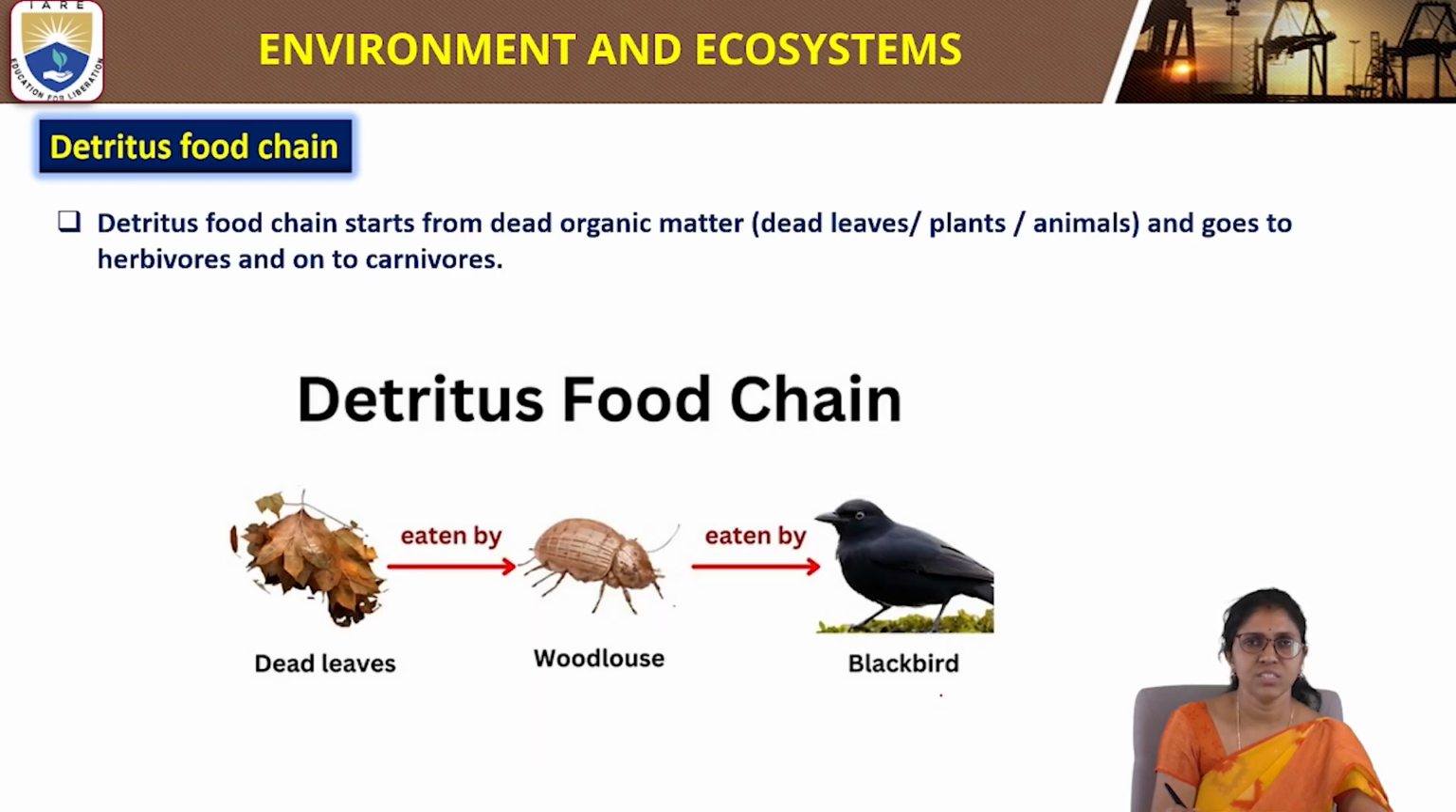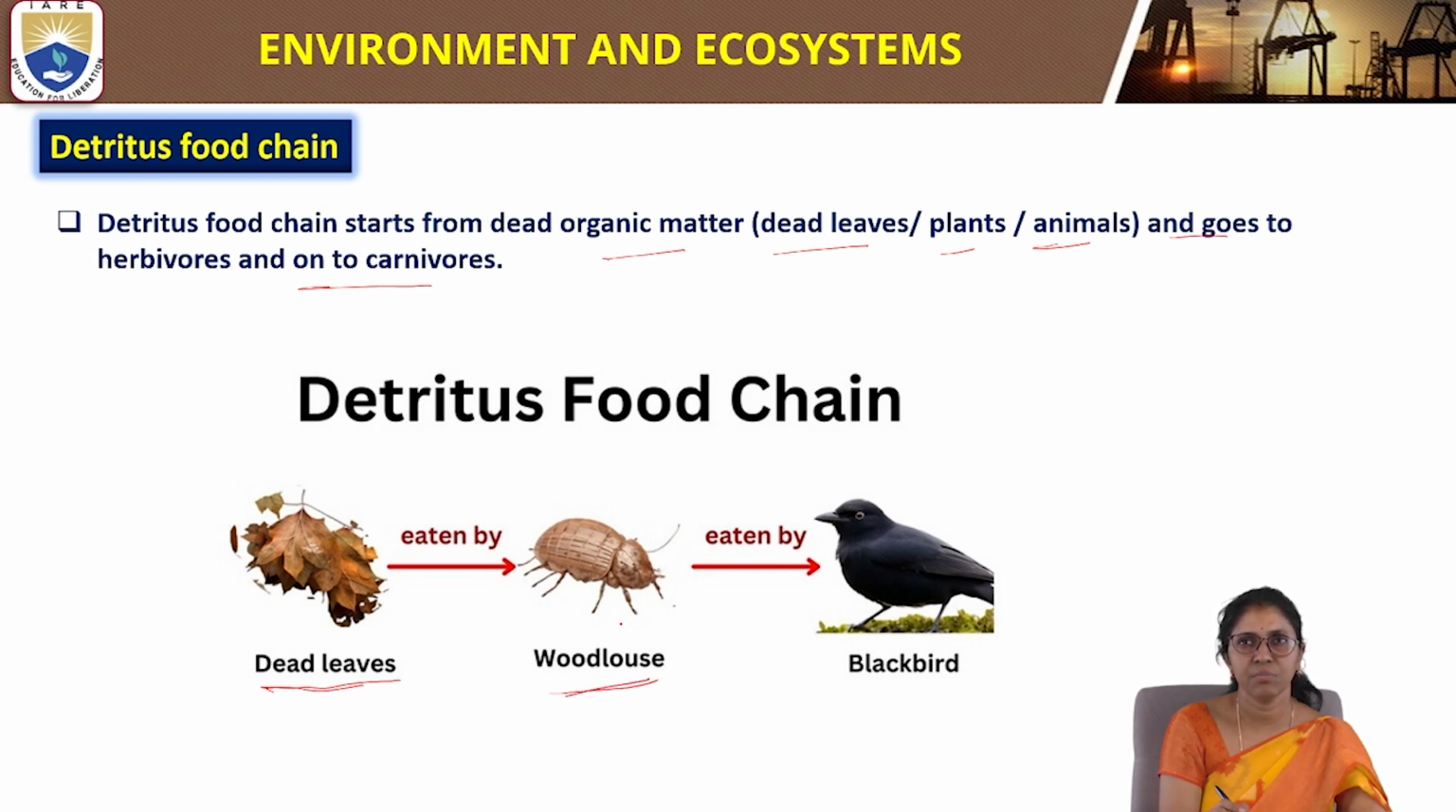Detritus food chain. The detritus food chain starts from organic matter like dead leaves, dead plants, or dead animals, and goes to the herbivores and onto the carnivores. So here the detritus food chain starts with dead leaves. In the case of the grazing food chain, it starts with the green plants. In the detritus food chain, it starts from dead leaves, dead plants, dead animals. These are eaten by the